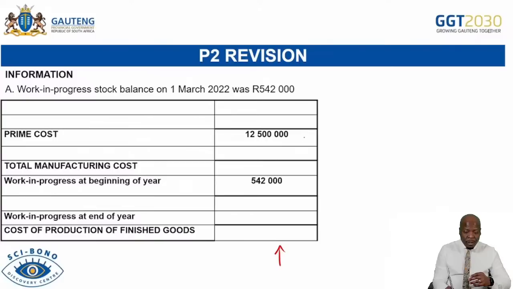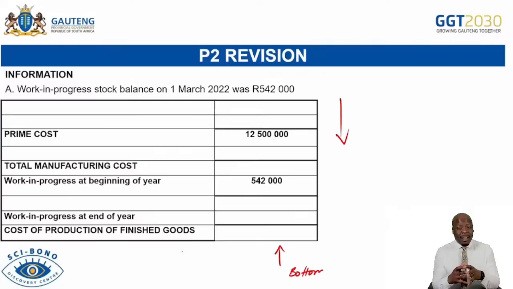Okay, so there is a way in which you can do your production cost statement from the top going all the way to the bottom. That is one way. The next one is when you do it from the bottom and then you go up. That is another way. And in that one, you can be given the number of units and the cost. Or you can be given finished goods and you have to open a finished goods stock account. That is another option. Please expose yourself to such type of questions because the examiner can use any of these ones.